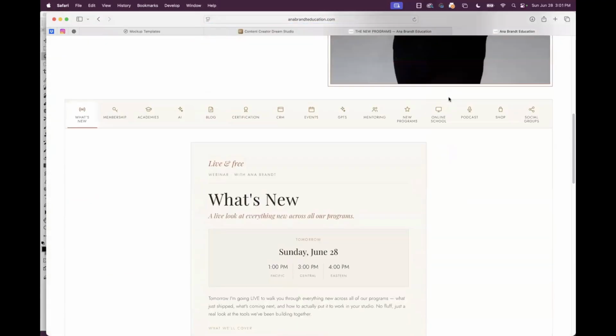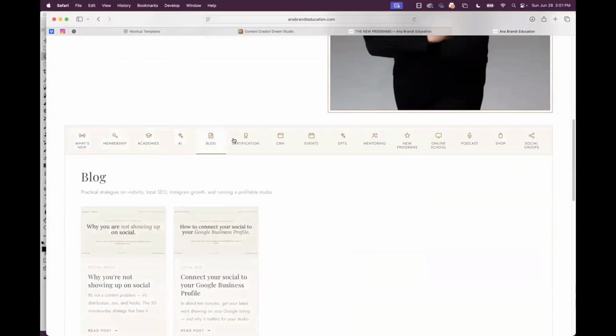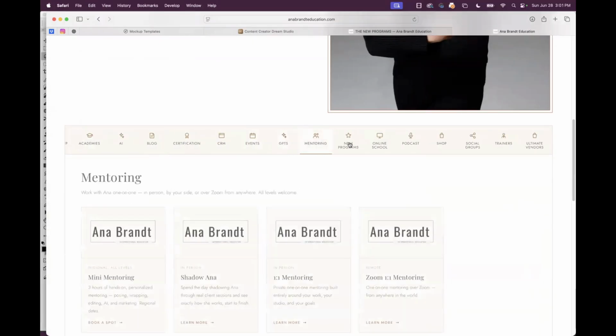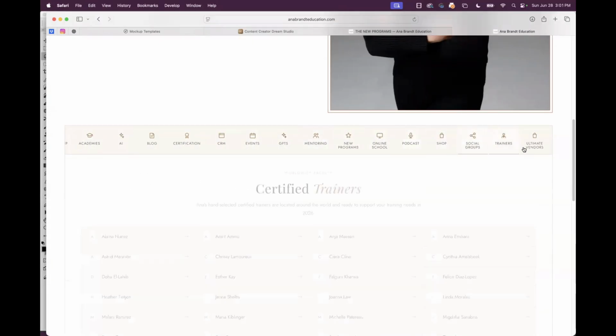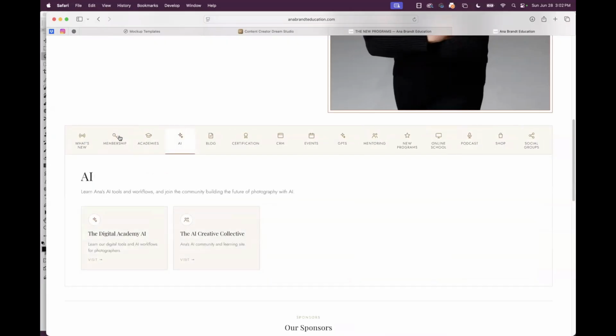That is different than our regular membership. And I don't know if you've been on Anna Brandt Education, but I did change my website yesterday because I hated it and it was driving me absolutely out of my living mind. So it's now tabs. So all of these, you just go like this. Very simple, very clean, very easy. I coded this myself yesterday. I should have seen my piece of paper. When I was in the web world, we used to have to draw everything out.